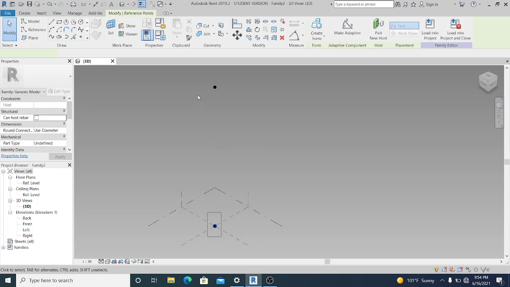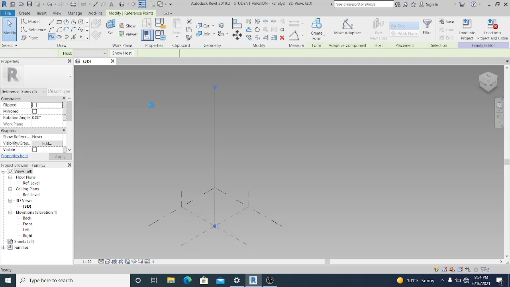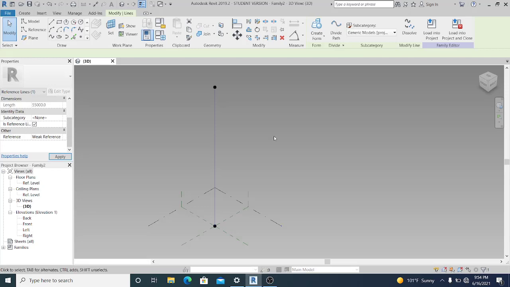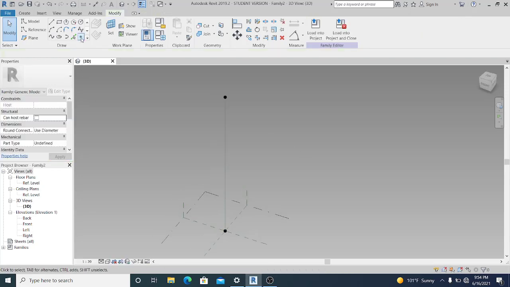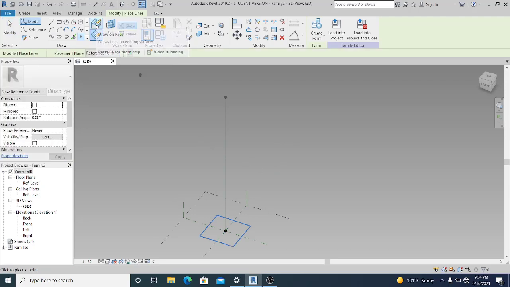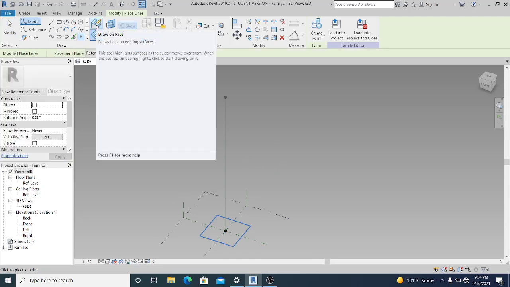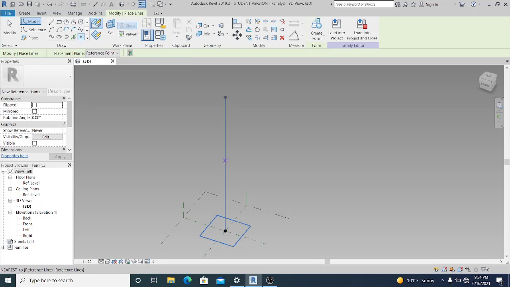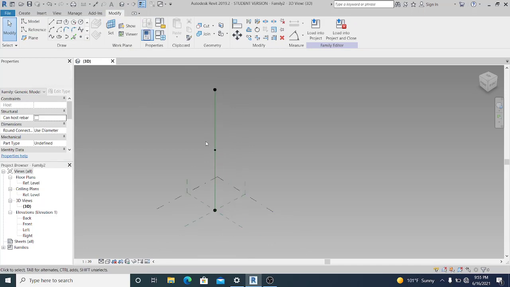Now select these two point elements and then spline through points, and in the properties I check reference line. Then point element again. Now I change my snap into draw on plane, and I place one point element in the middle of the reference line. Once you complete these three point elements,